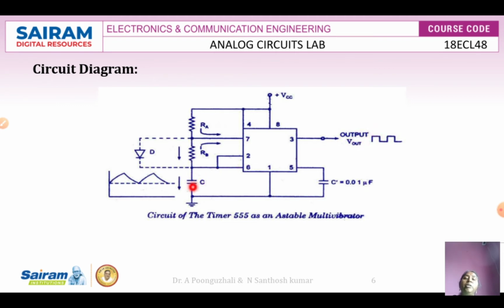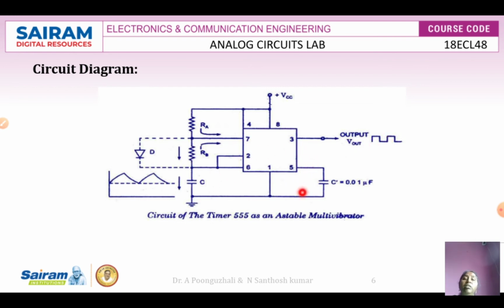So when the output comes to the low state, my capacitor starts discharging. It will start discharging through C, RB and your discharge transistor there. So that means during the discharging path, I have only one resistor present, that is your RB resistance alone. That is why in the discharging path we write RB alone there, RB into C. So here again, when the voltage decreases to 1 by 3 VCC, your output will go to the high state again. Till then it will be in the low state there.